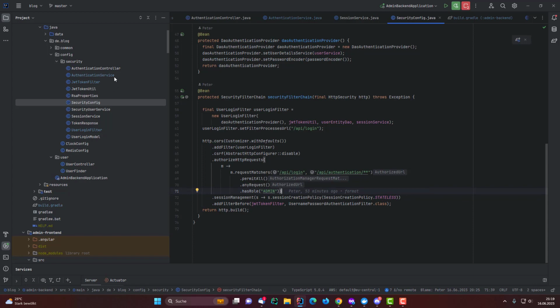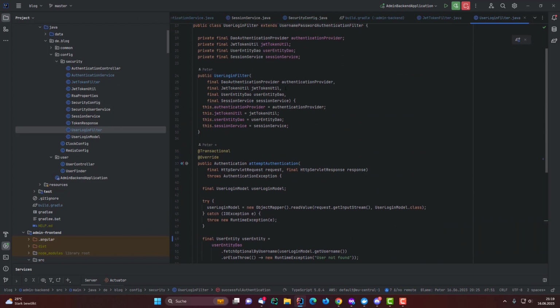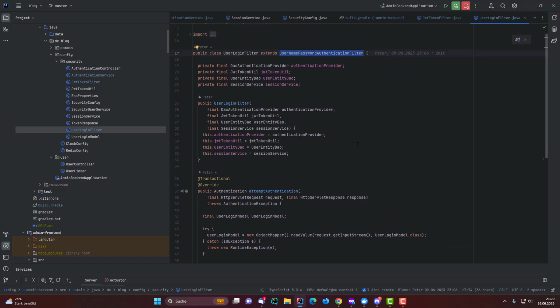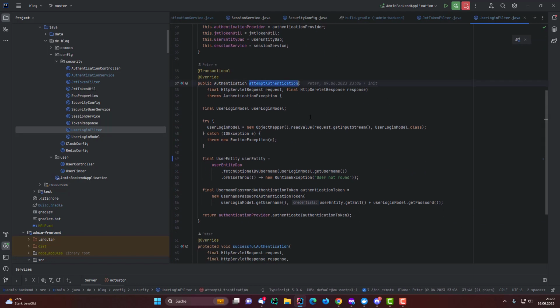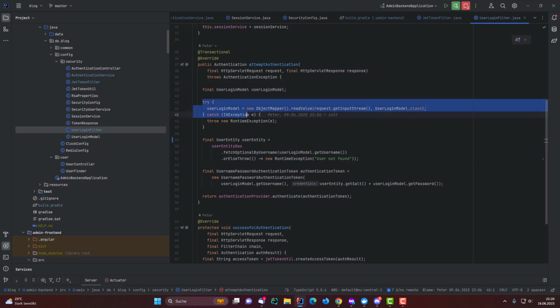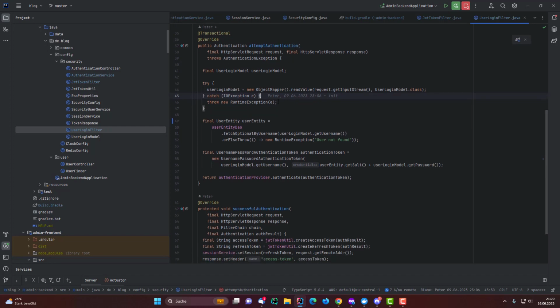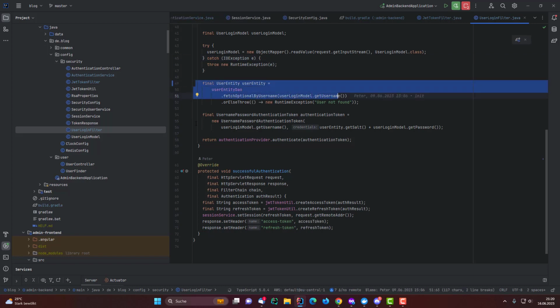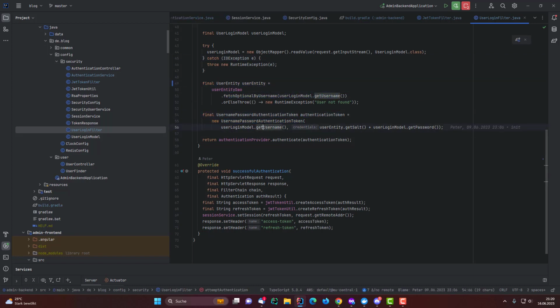So now first let's go to the user login filter. It extends UsernamePasswordAuthenticationFilter, and you just need to override those two methods. One is attemptAuthentication. You get the user credentials, in my case from the JSON body, so it's a little bit special here, but you can also use request parameters, and then it's very easy to get this information. You fetch the user by his username, and you generate an authentication token with, in my case, the username,